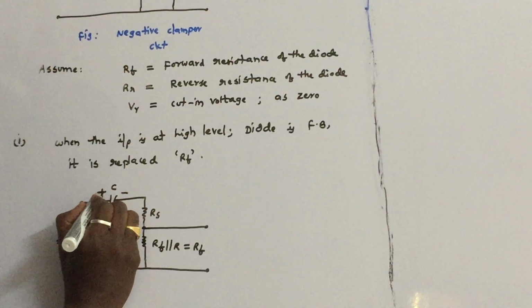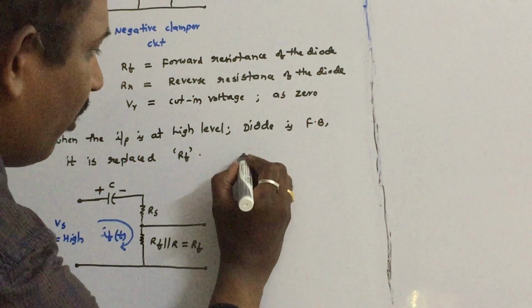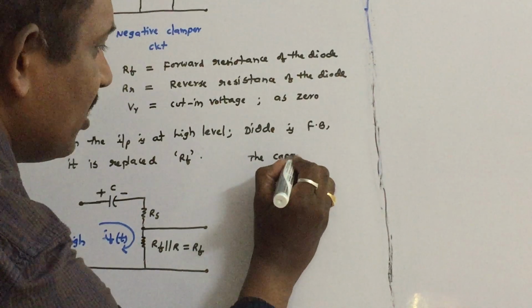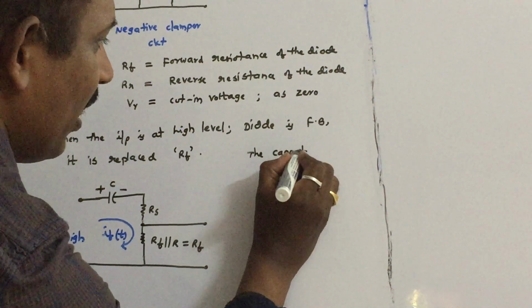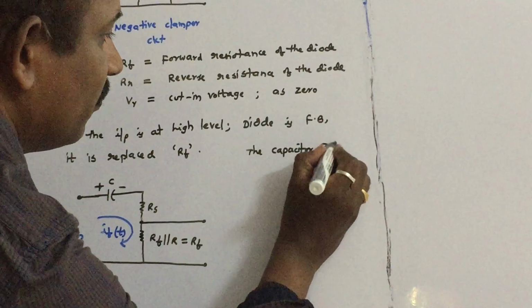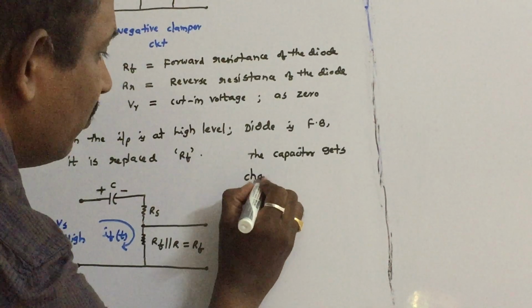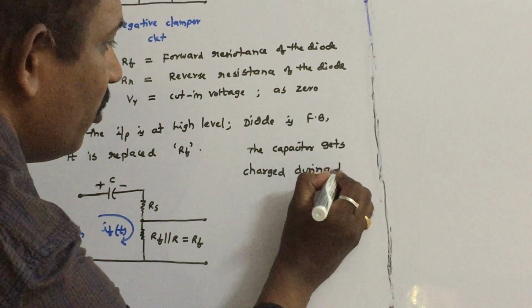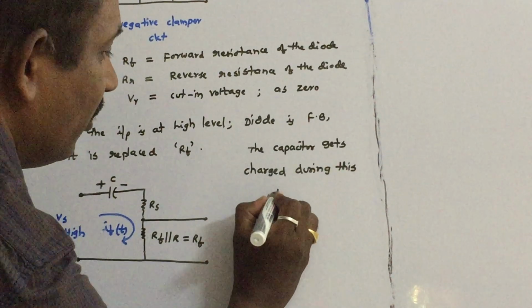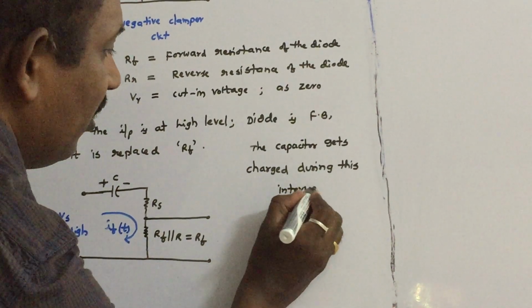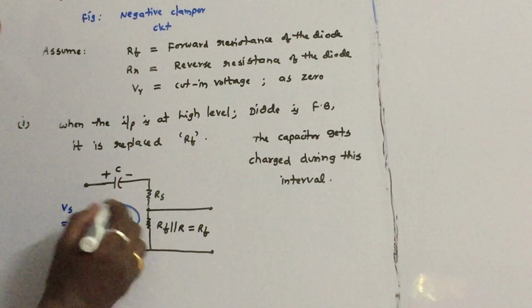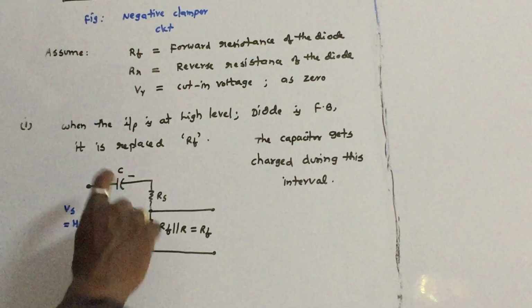The diode is on, so the capacitor finds a short circuit path. Therefore the capacitor charges during this period. That is a very important point